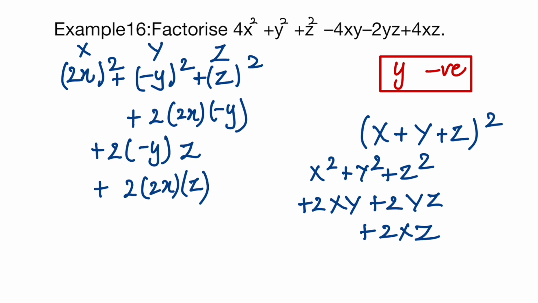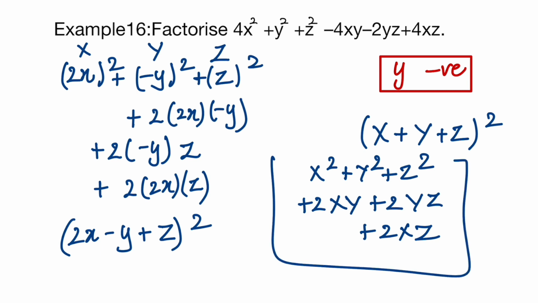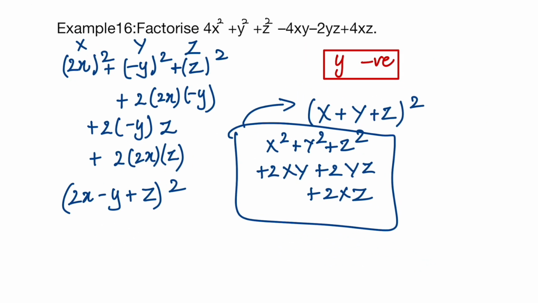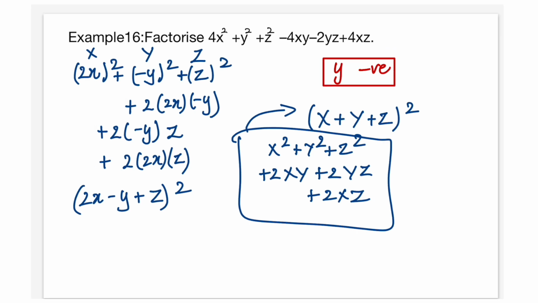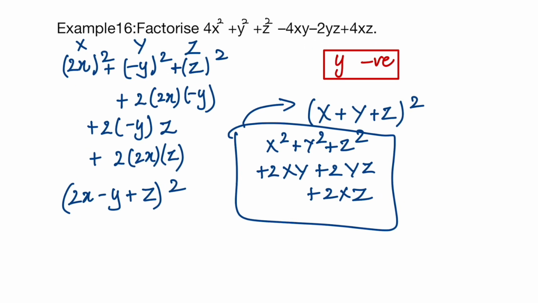Okay, now since we have established it in that form, you can just factorize or simplify it and write it as 2x minus y plus z the whole squared, right? Because this expression can be written in the form like this, right? Okay, that is the compressed form and this is the expanded form. So this is the expanded form, we have compressed it and written it as 2x minus y plus z the whole square. So this is the simplified form, but the factorized form would be